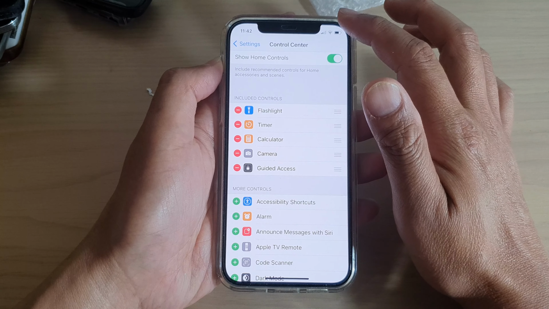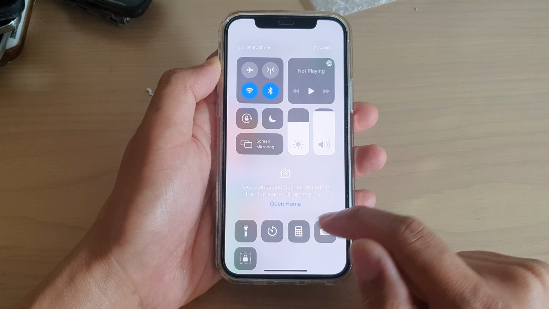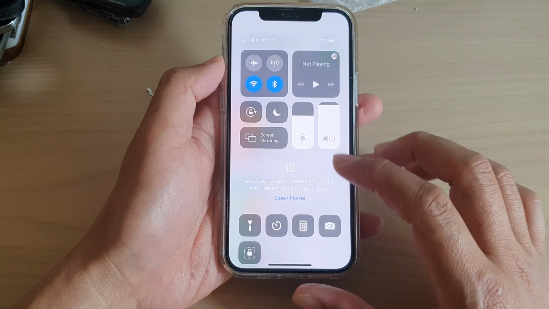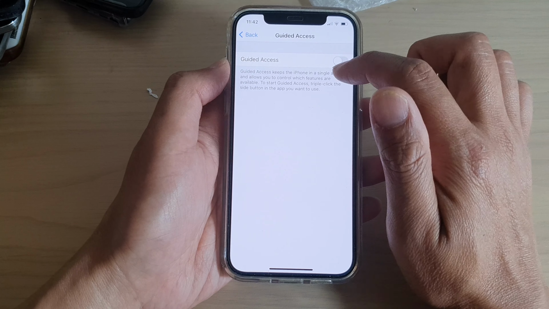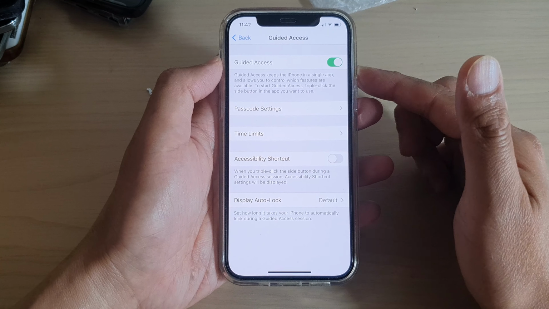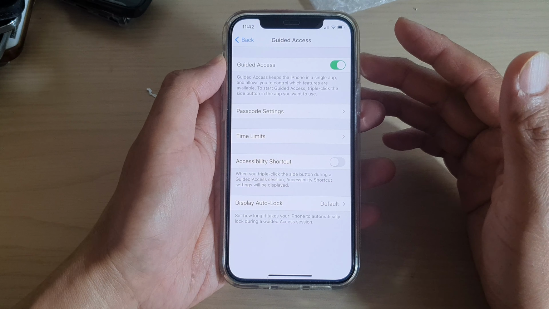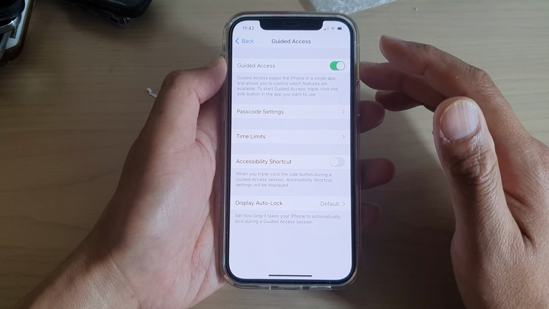Now if you swipe down, you can see guided access has been added to the control center, and in here if you tap on that, it will open up the guided access shortcut, and you can tap on the switch to turn it on. So with guided access, it gives you the ability to lock your iPhone in a single